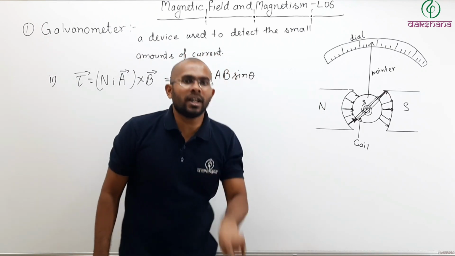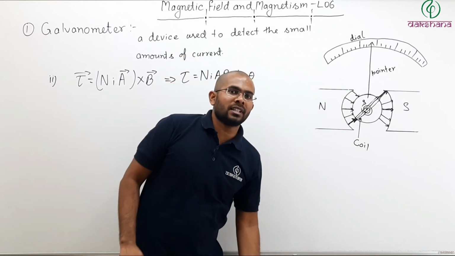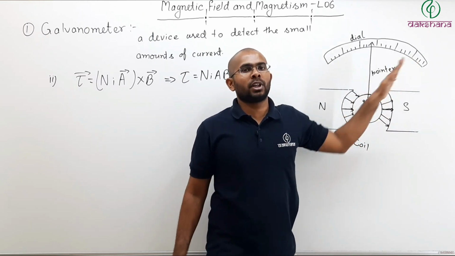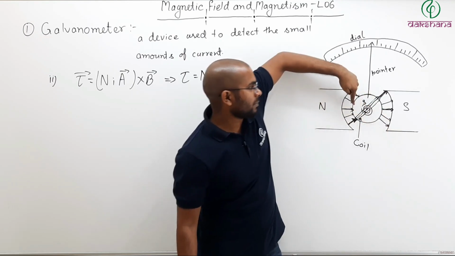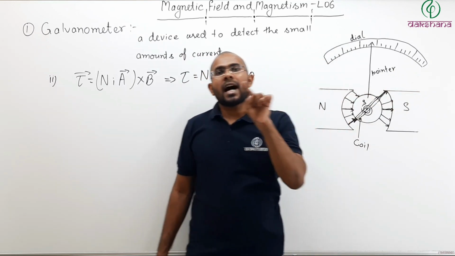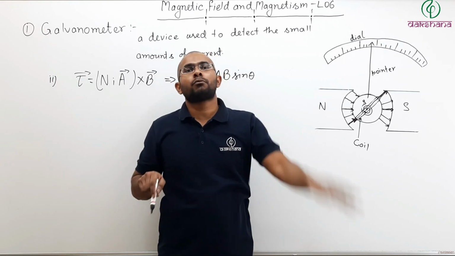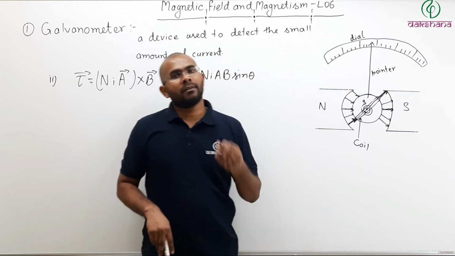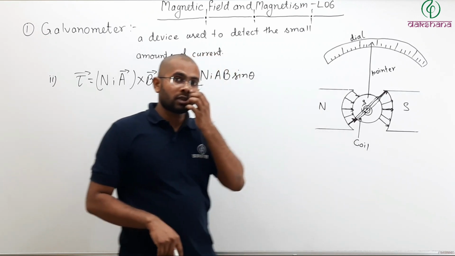Why is that? Because not all field is applying torque. Only the field which is parallel to your coil, in the plane of the coil, is applying torque. This one will not apply torque in this case, this one will not, this one will not. Why? Because they are crossing through the loop area, but they are not crossing through the wire of the loop. And if they do not cross through the wire, they will not apply any torque, and if they do not apply any torque, then we do not count them.